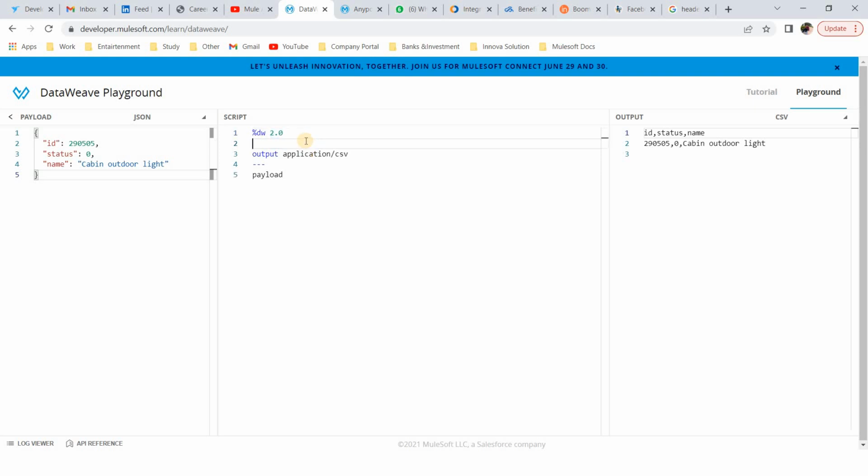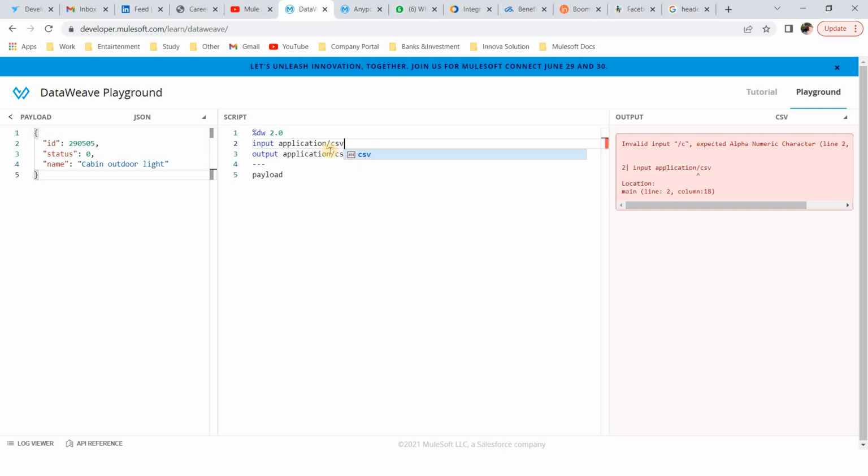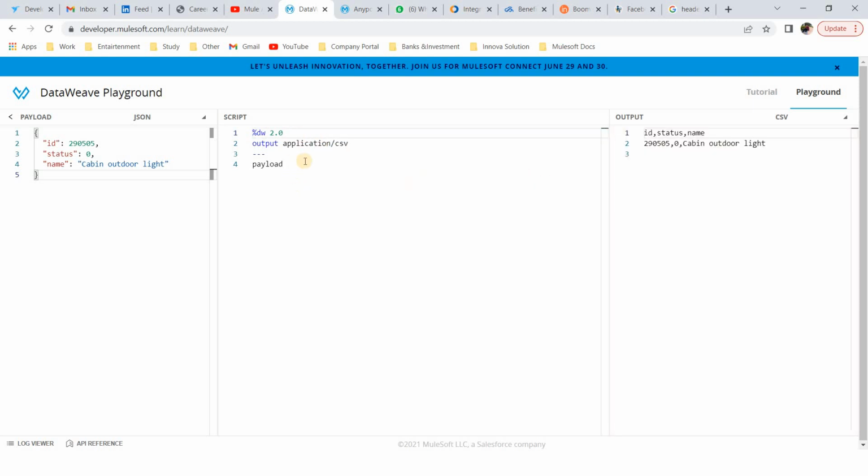Let me tell you that the input will be application/CSV. Okay, so my input file here is JSON, and my output will be CSV. You can define it like this, though it is not required. You only need to specify what format you need as an output, like CSV or JSON or XML.